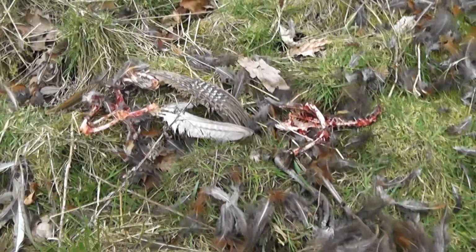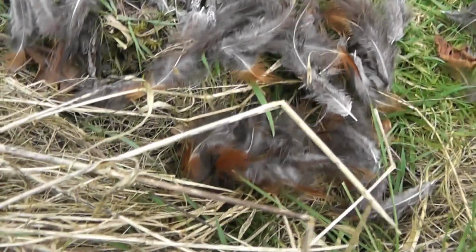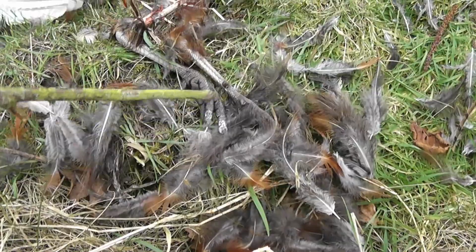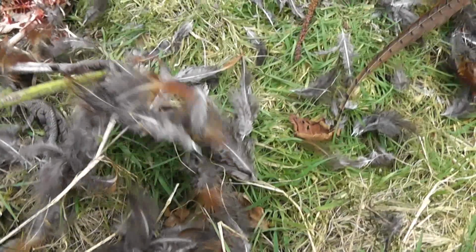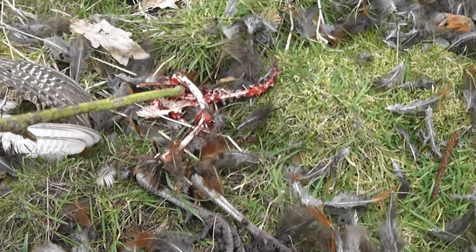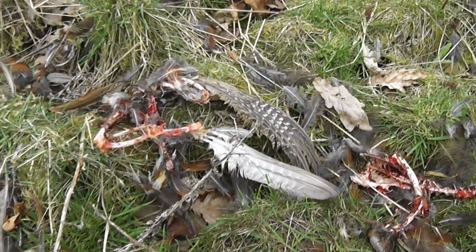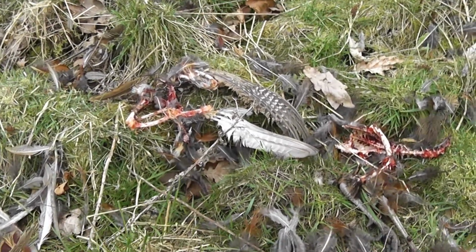But what's interesting, I'm no tracker or hunter or anything. There's both legs, so there's one foot and there's the other foot, and there's the legs, and then both wings. So something has obviously ripped the wings and legs off,